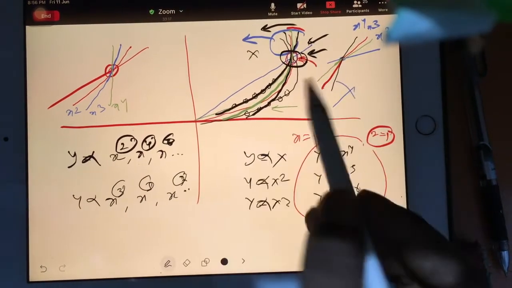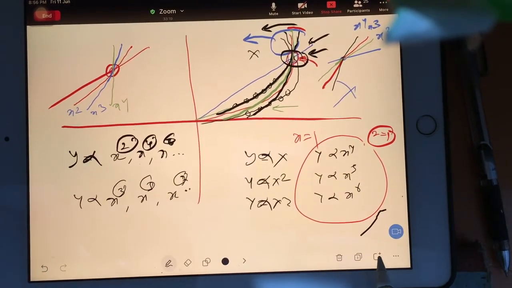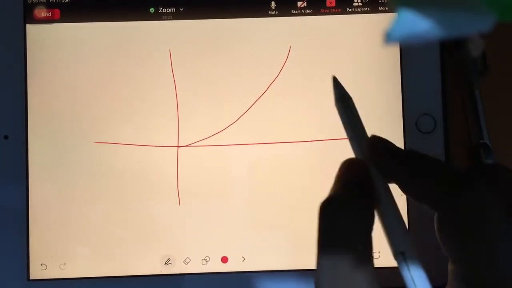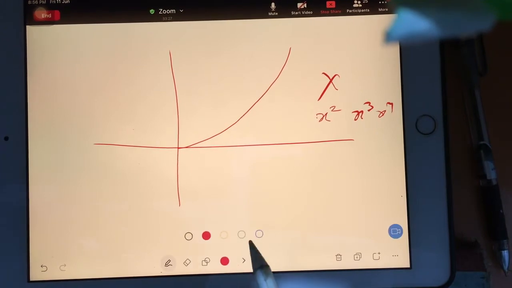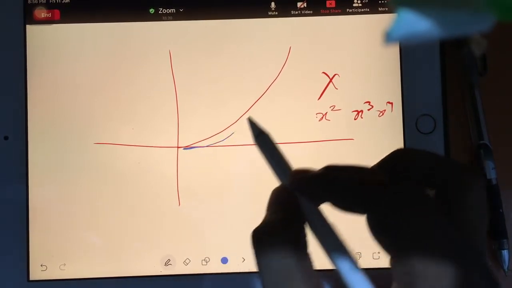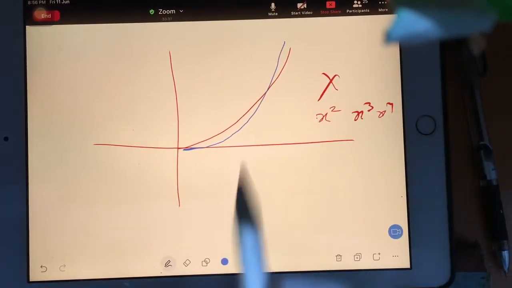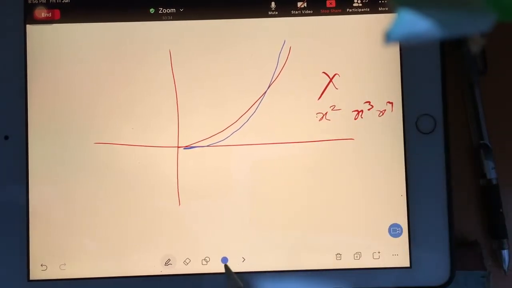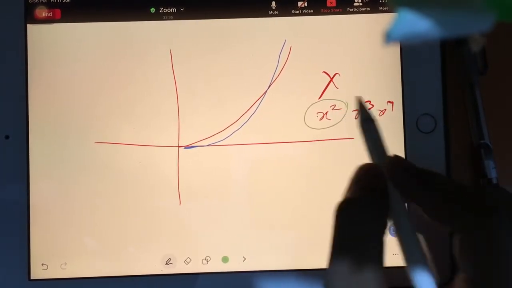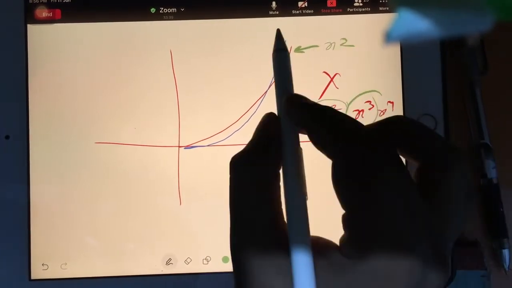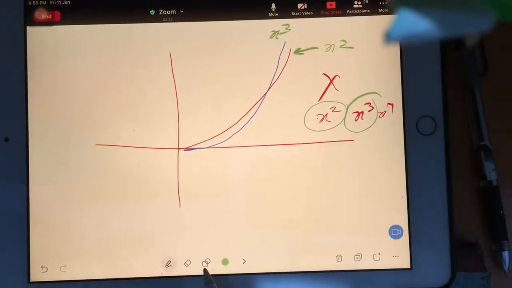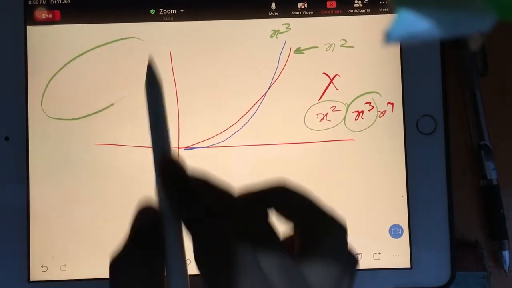So now you can see. I will change the page. If I simply draw a curve like this, you cannot say whether this is x square, x cube, or x power 4 until I draw one more line. If I draw one more line and give you the option to choose which one is x square and which one is x cube, then without hesitation you will say the red line is the x square line and the blue line is the x cube line. I hope it's clear. If it's clear, tick here.